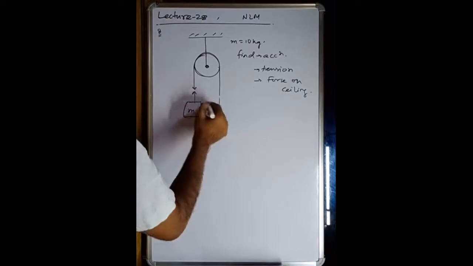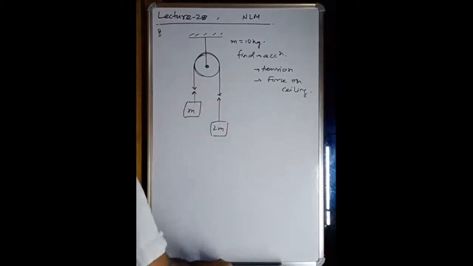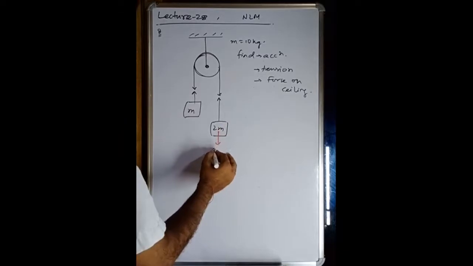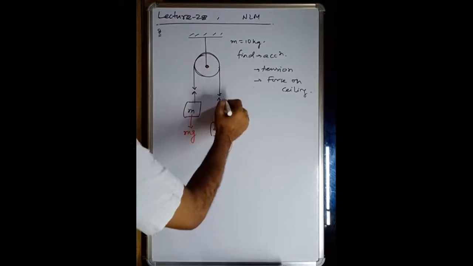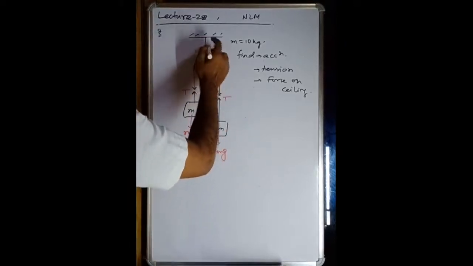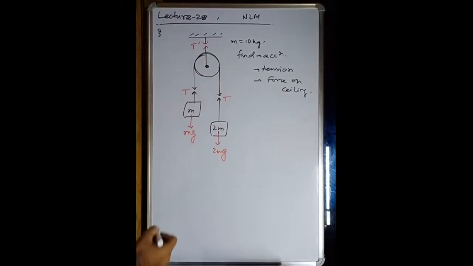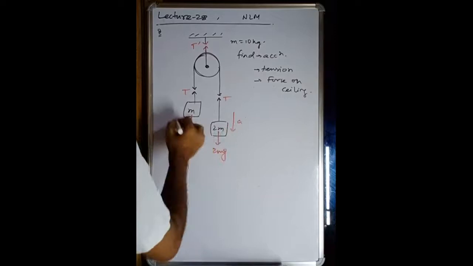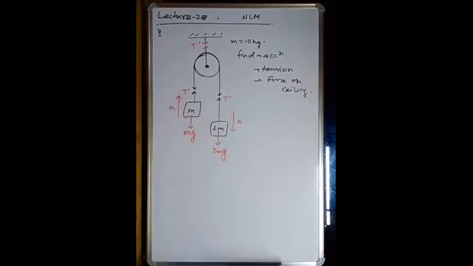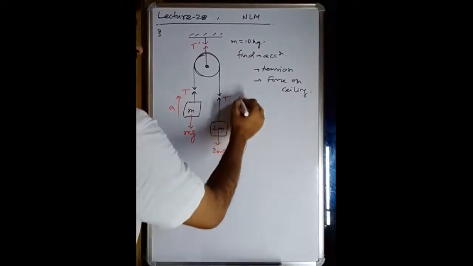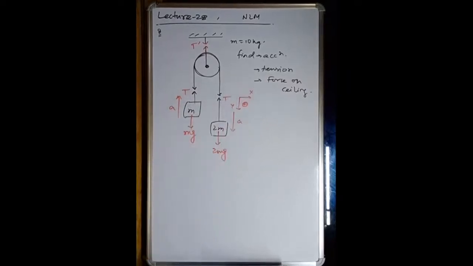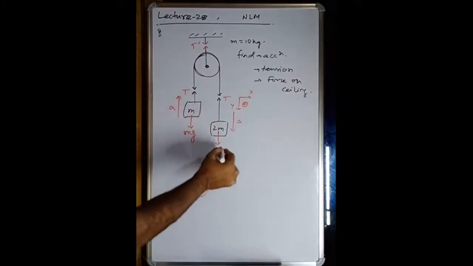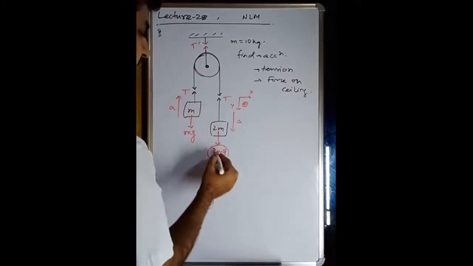The tension, the weight, twice mg. Here the mg, you can write the tension T. Here you can break the tension as T dash. Now, suppose the system is moving down with an acceleration A, of course this one will go up with an acceleration A. We can put the positive axis as x and y in this direction. The system is going down, it means this one is the greater force, so we will write this 2 mg